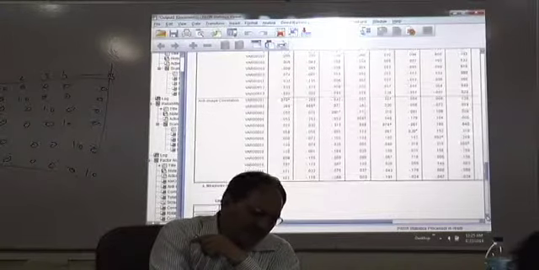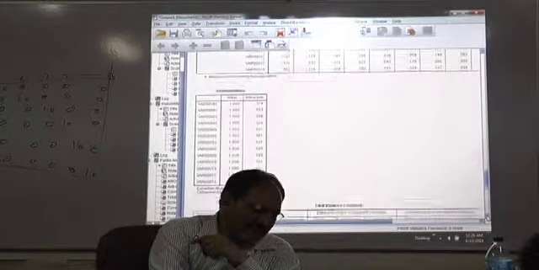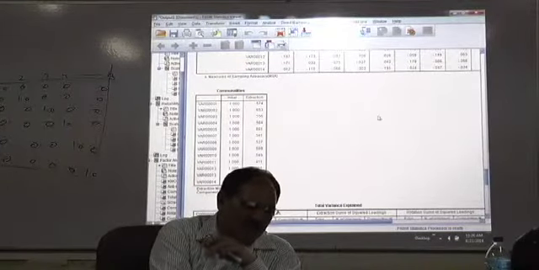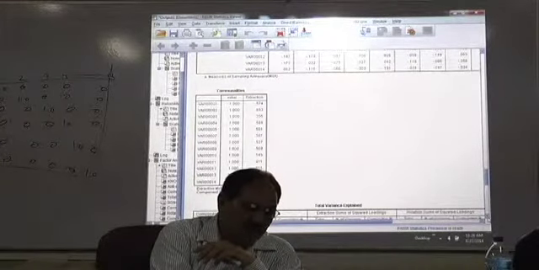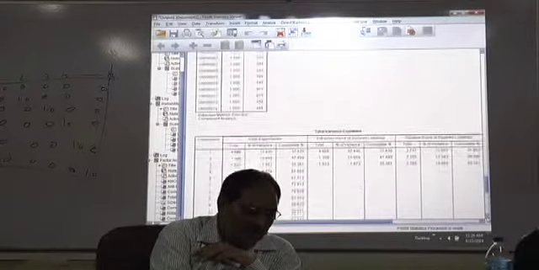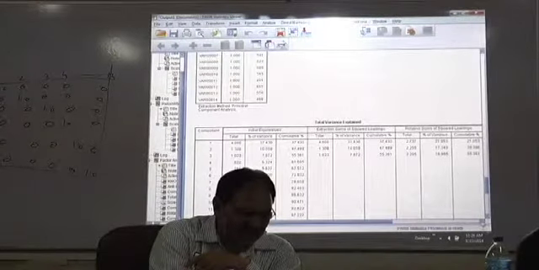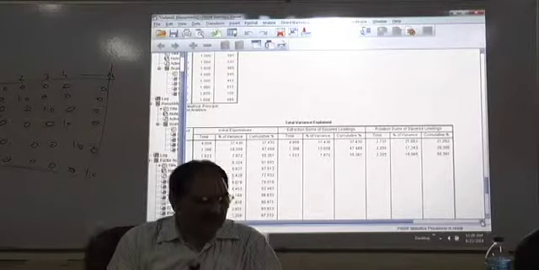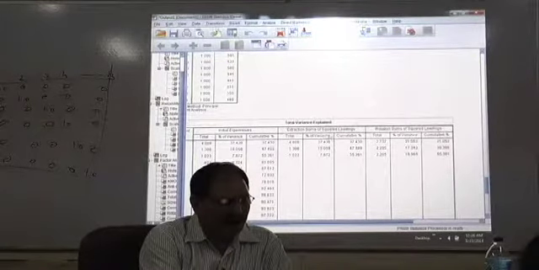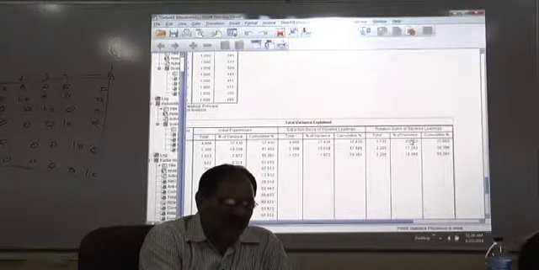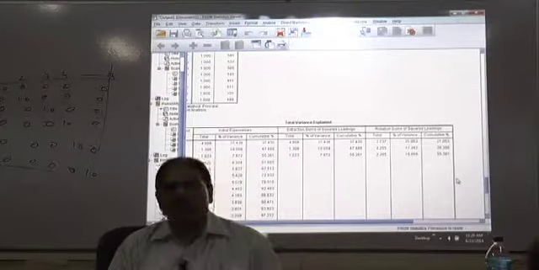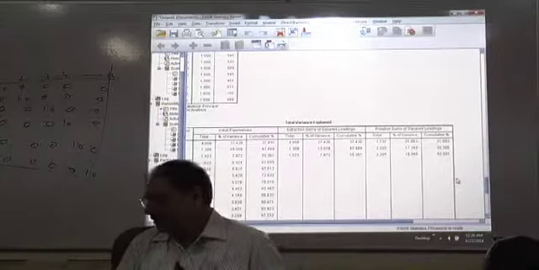Next, these are the communalities that have been calculated for each of the variables. How much is the communality? Now, this is the matrix that indicates the number of factors. It gives you both solutions: extraction sums of squared loadings, that is before rotation, and rotation sums of squared loadings, which are after rotation.